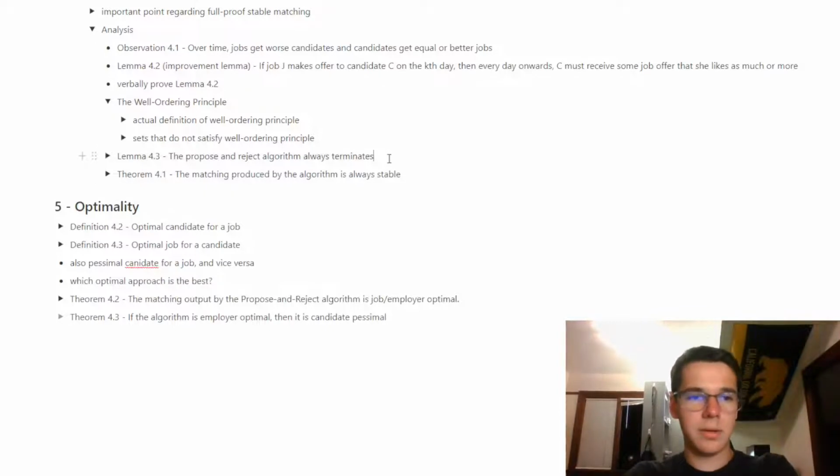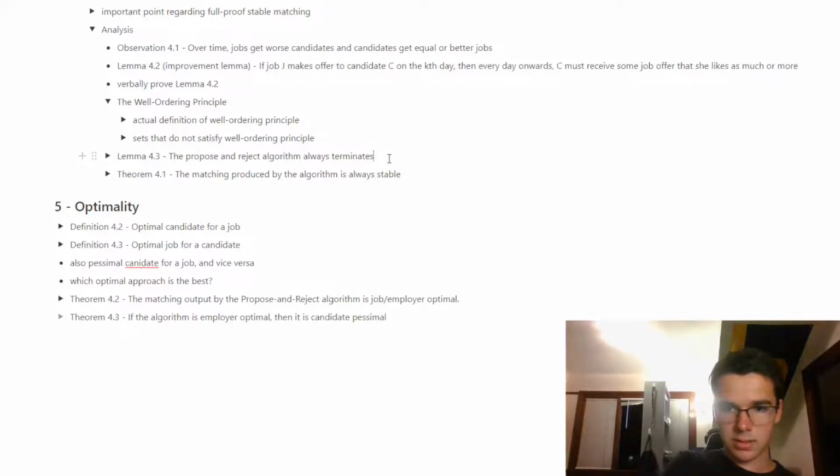Okay, and now we're going to take a look at lemma 4.3, which says the propose and reject algorithm always terminates. Right, and so this goes back to the very first thing we talked about, which is that there are n jobs and n candidates. If it's ever the case that some candidate does not have a job, then it must be the case that